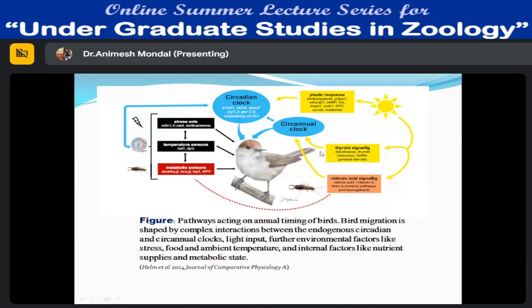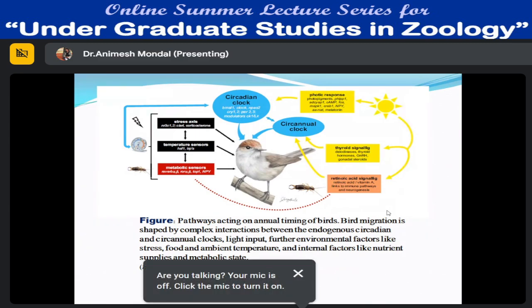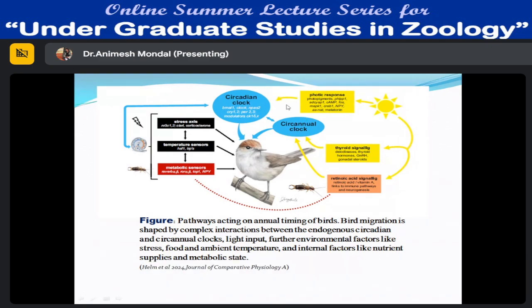Now, when this axis is activated, there is an increase in thyroid signaling, which in turn instigates GnRH, then gonadal steroid synthesis, and then other changes of physiology. There is another signaling, retinoic acid signaling. This retinoic acid signaling is basically linked to immune pathways and neurogenesis. This retinoic acid pathway signaling is responsible for activating the circannual clock. Now, this circannual clock and this circadian rhythm